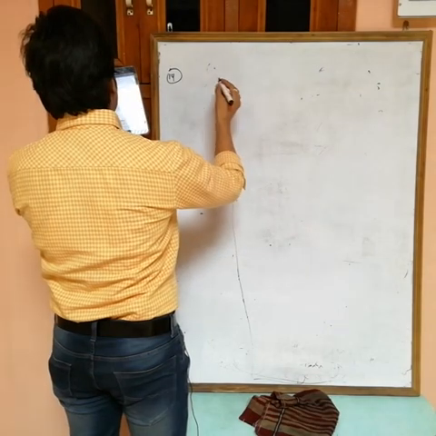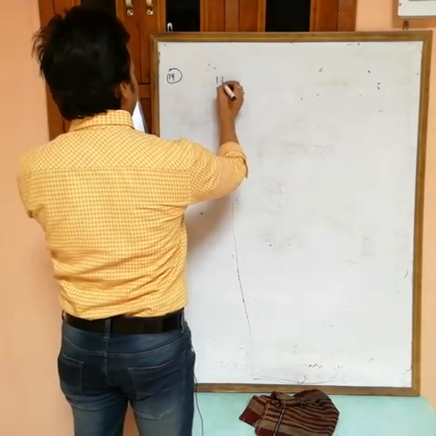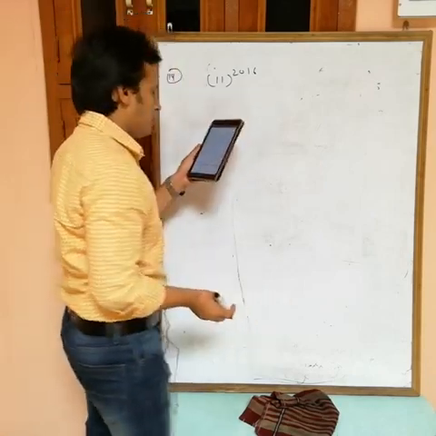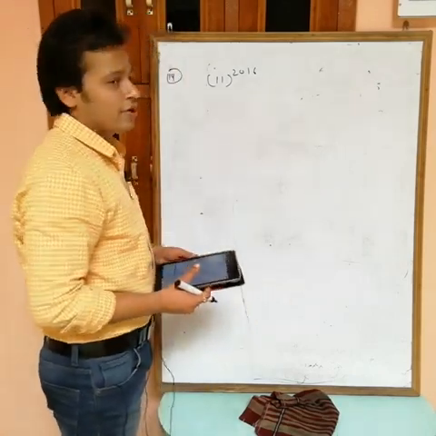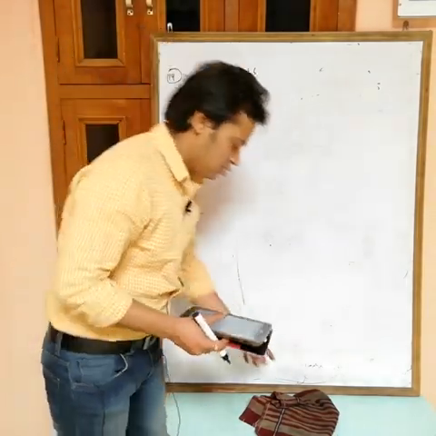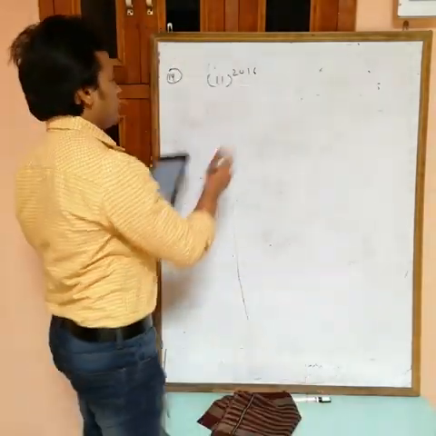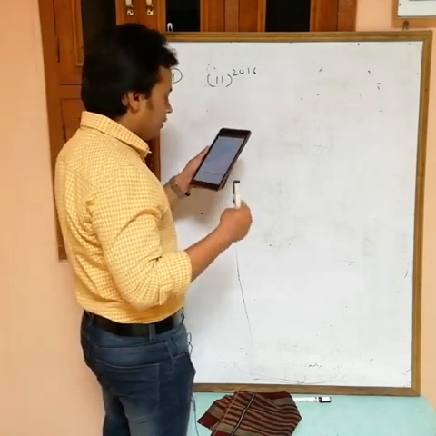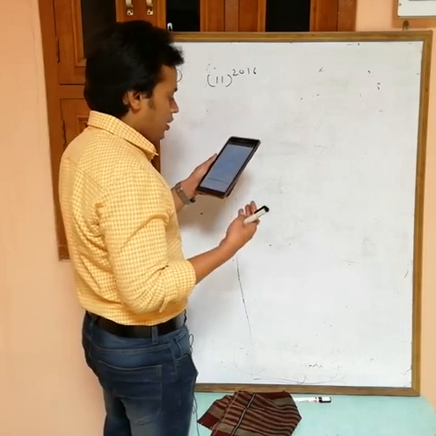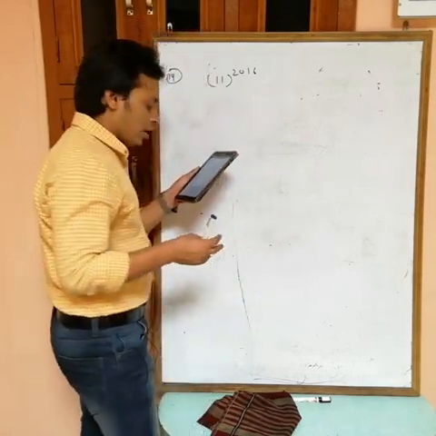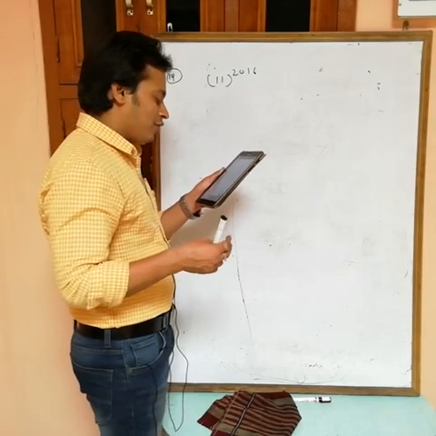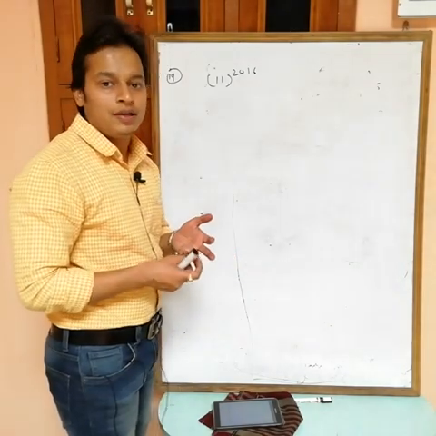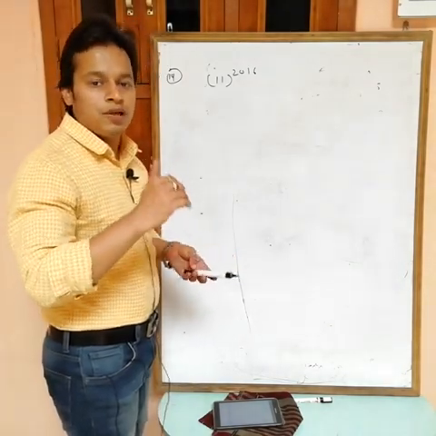If the digits at the 10th and 100th place in 11th power 2016 are x and y, then the ordered pair. Actually the same question you will get in lecture notes, in 11th, in the chapter binomial theorem. How to get it, just simply what you want: it is given that the digits at the 10 and 100 place in 11 power 2016 are x and y respectively, then the ordered pair x comma y. So if you want the terms at 100 and 10th place, then take 10 power 3 common.